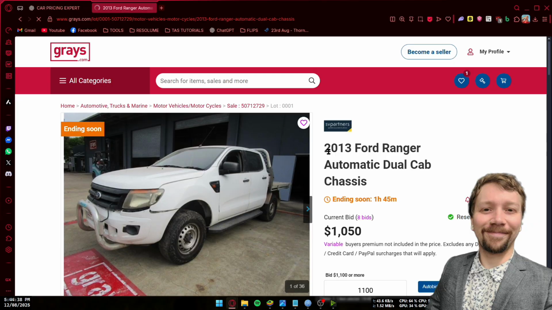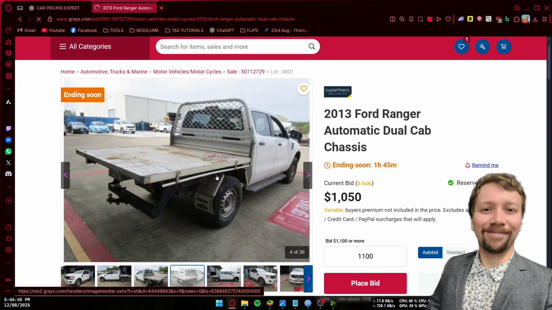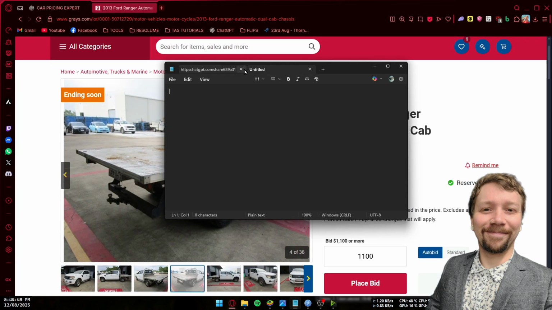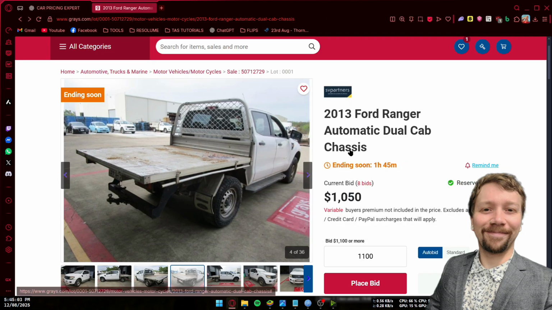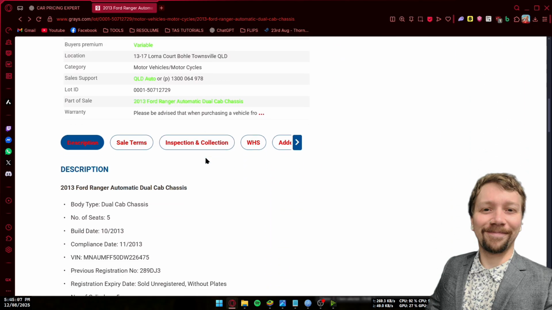So let's have a look at this. A bit of rust on the back there. So what you want to do is be taking notes. There's some old chat links. Rust on the boot tray. And you can do this manually, but obviously just for the sake of saving time, what I'm going to do